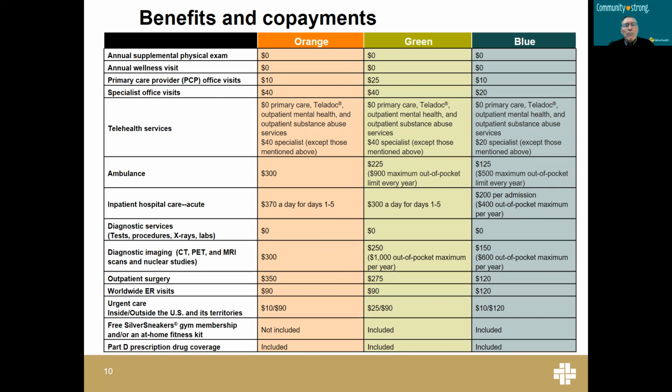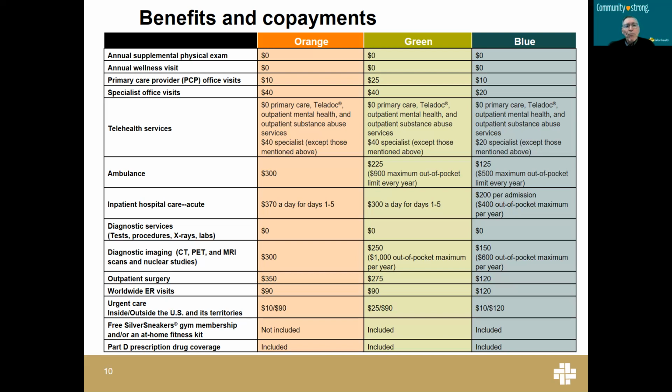Next, we see the Blue Plan that has a no charge for the annual physical or the wellness visit. The primary care office visit is covered at $10, and the specialists are $20 on this particular plan. The teledoc services are available with no cost for the primary care, the outpatient mental health and substance abuse, and a $20 copayment if you need to contact a specialist. The plan has a $125 cost for ambulance services and a maximum of 4